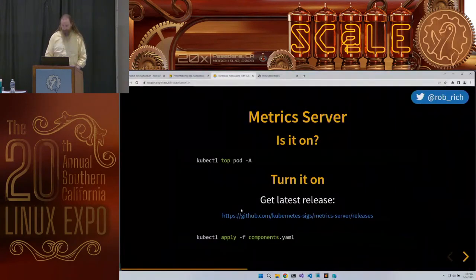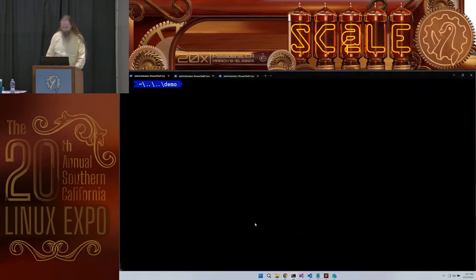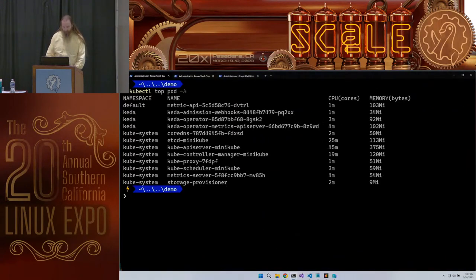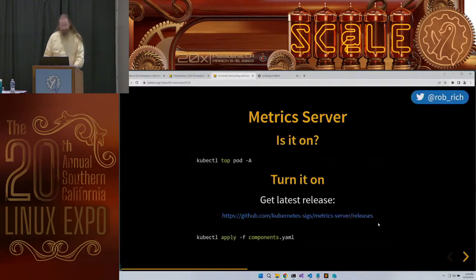So first up, let's see if the metric server is on. So let's grab this. We're going to look at the top pods. So we'll look at the metrics. Here's all the pods across all of our namespaces. Here's how many CPUs and memory each one is using. We've got our metric server installed. Excellent. Well, if we didn't have our metric server installed, easy enough.